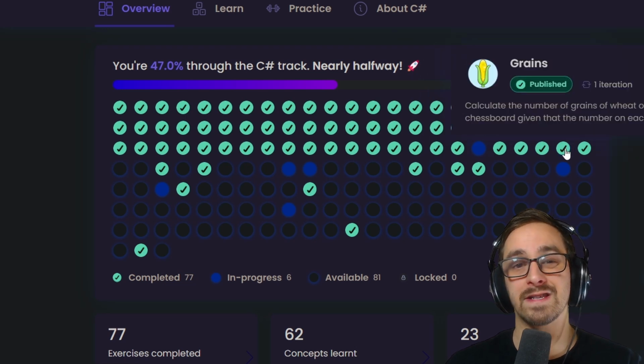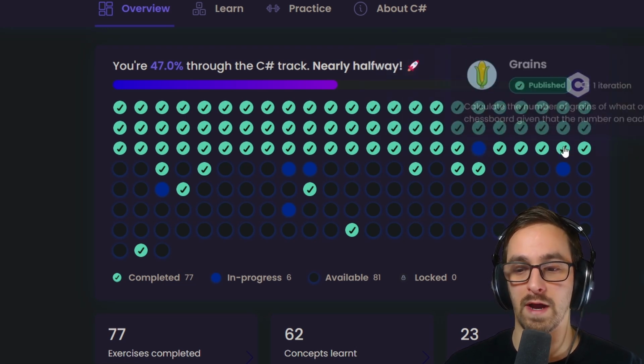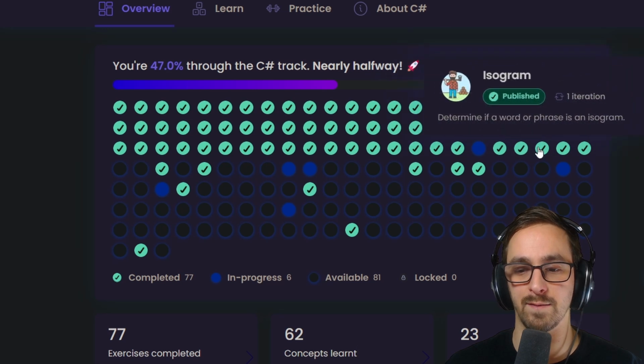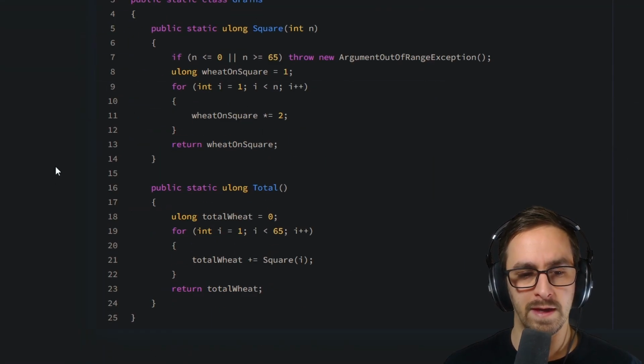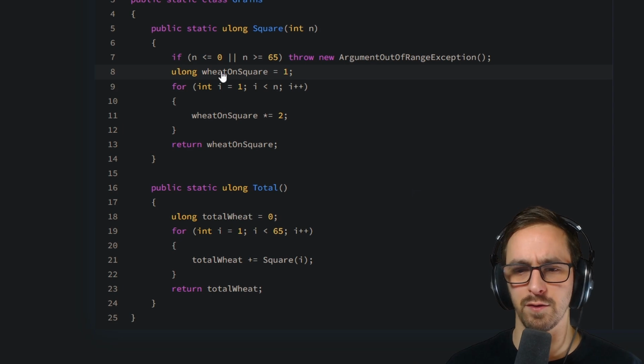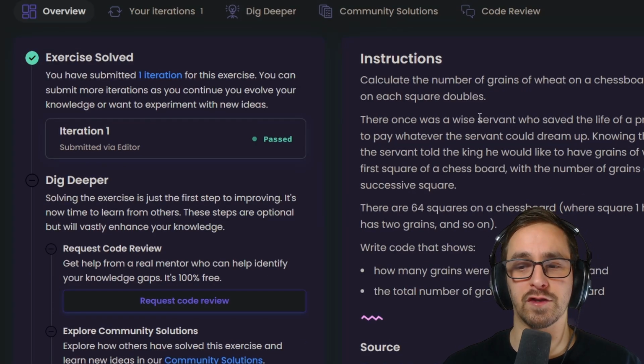So I went to the next exercise, going from left to right, that I hadn't done already because I'd done some of these. I went to grains, and this took me a very short amount of time. I don't know that it's really the best solution. The scenario is that there's a servant who saved the prince, and then the king said, you can have whatever you want. And the servant said, I want grains of wheat,